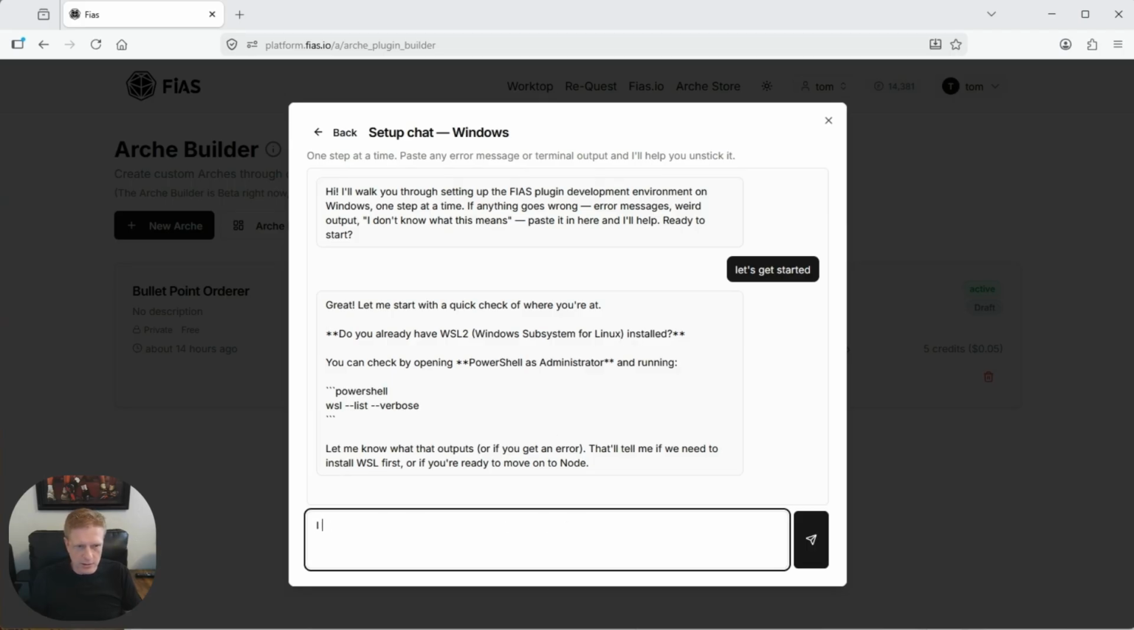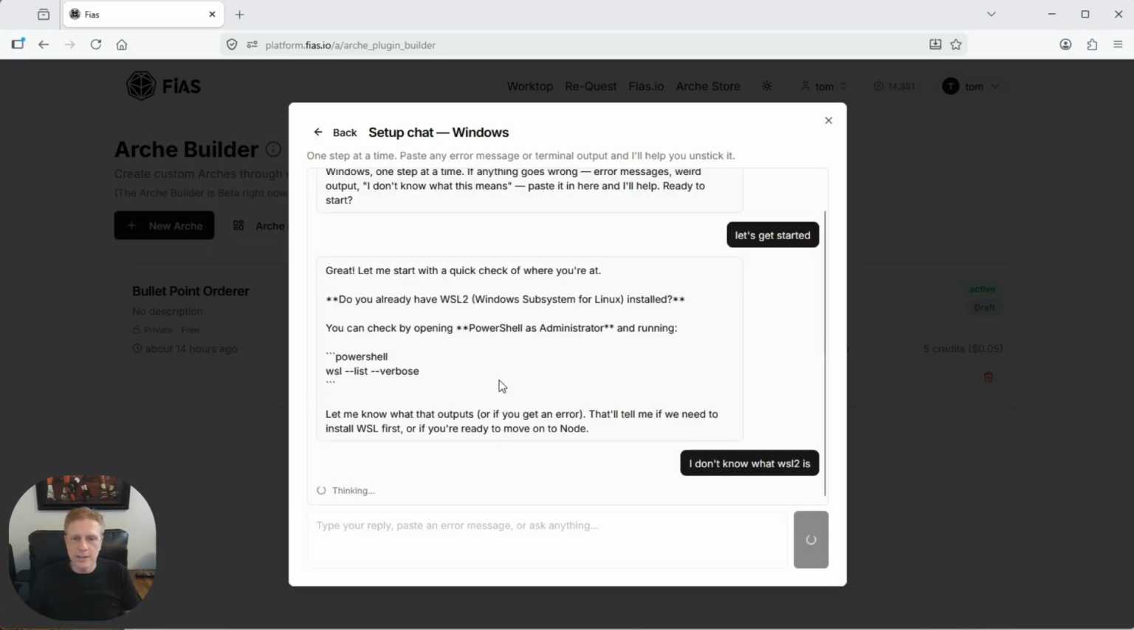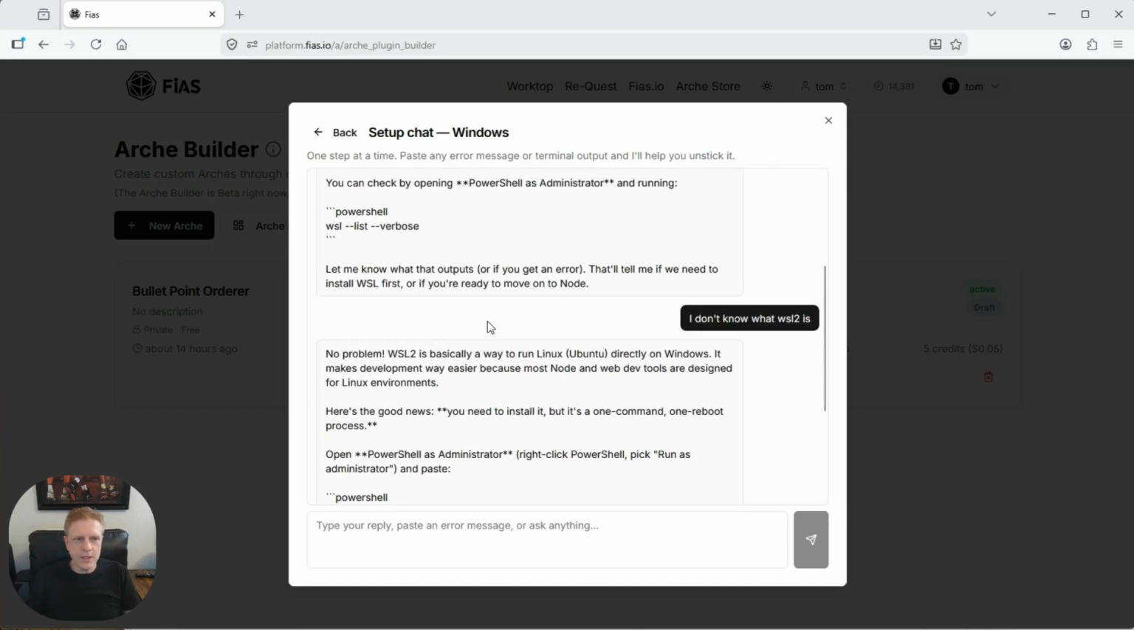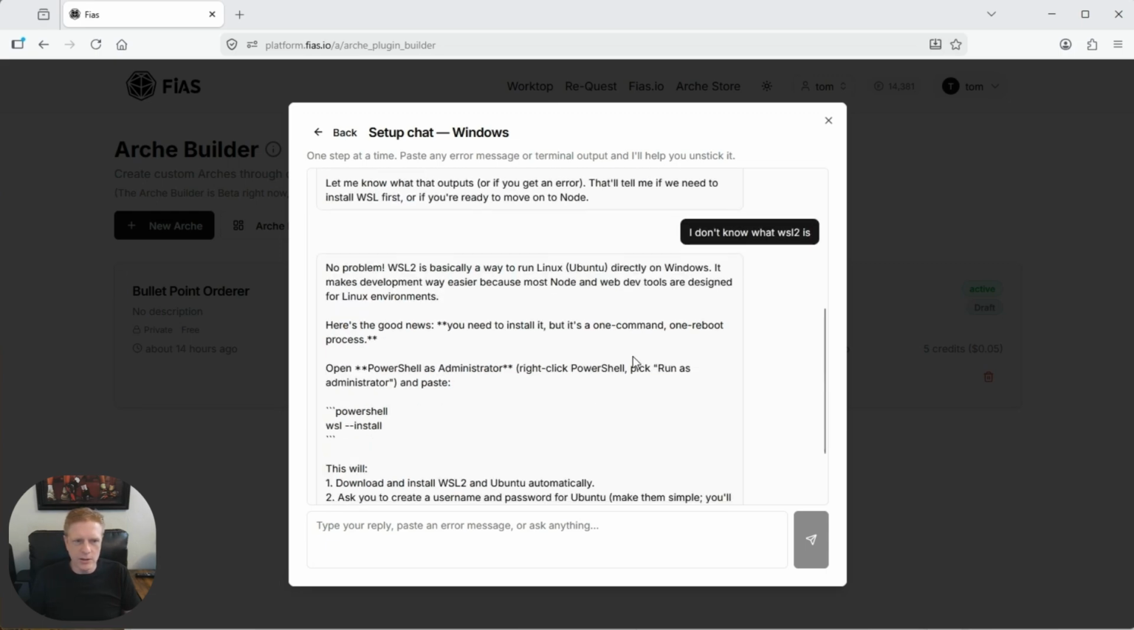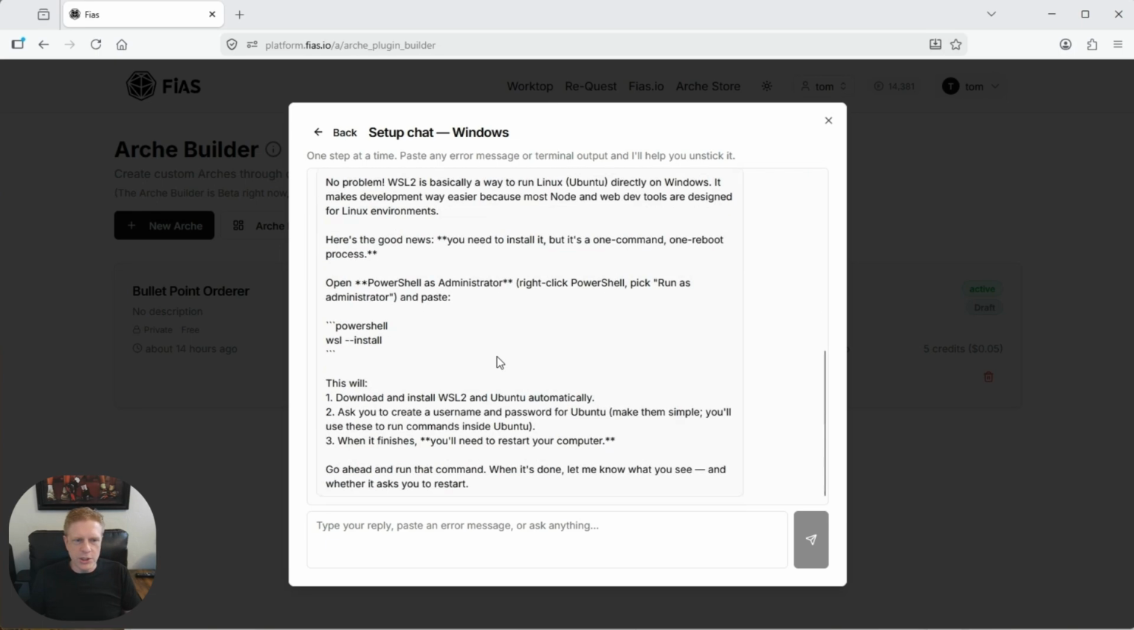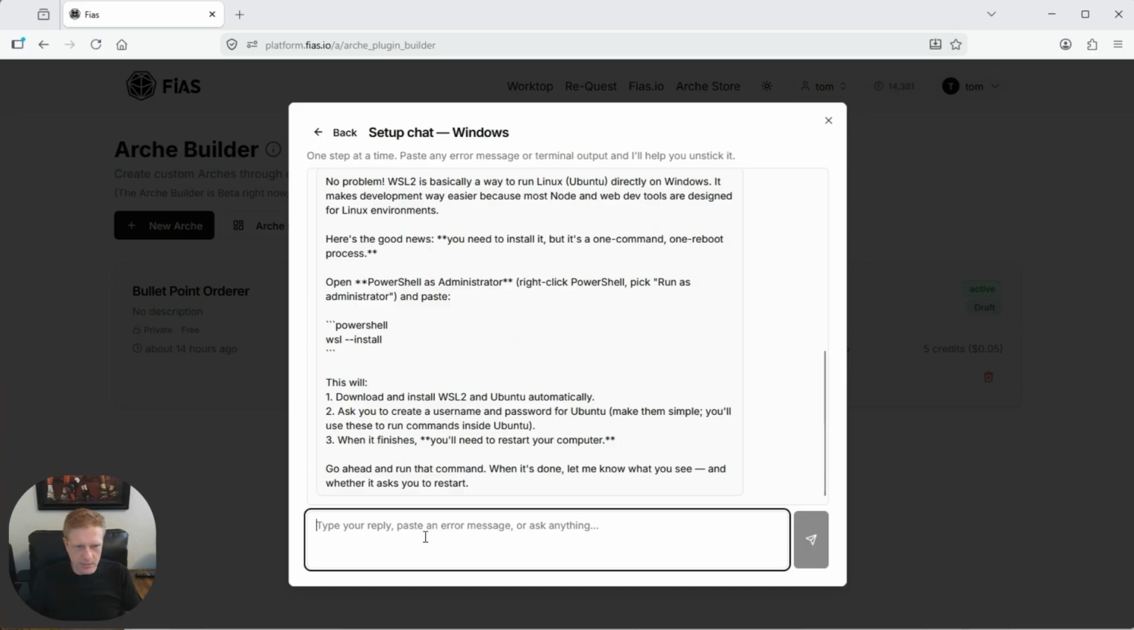So you can just type in, I don't know what WSL2 is, if you don't know what it is. And then it'll say, no problem, I'll take you through it. So no problem. WSL2 is basically a way to run Linux directly on Windows. So open PowerShell. And again, if you don't know any step, you just say it. I don't know what